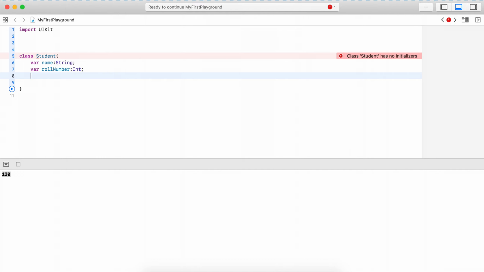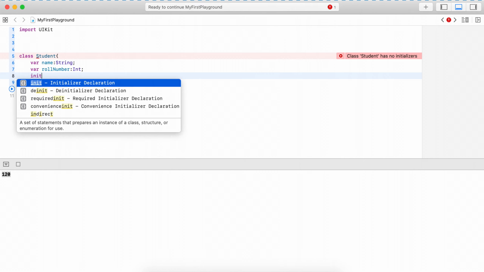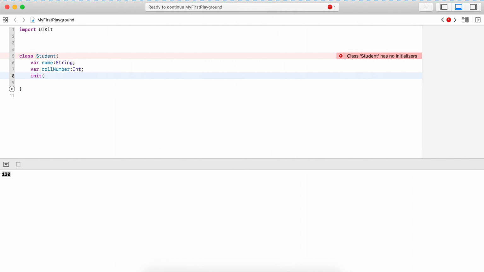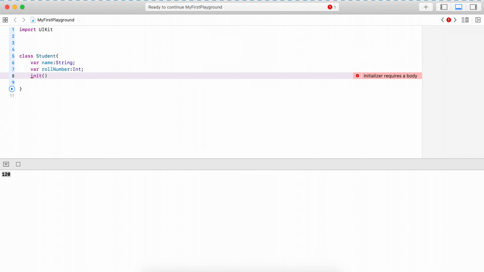We need to define the init for this class. Then only, init is the constructor for this class. Then only we can assign the values and we can create any object of the class. Let's create a constructor for this class. So init is the constructor and we need to